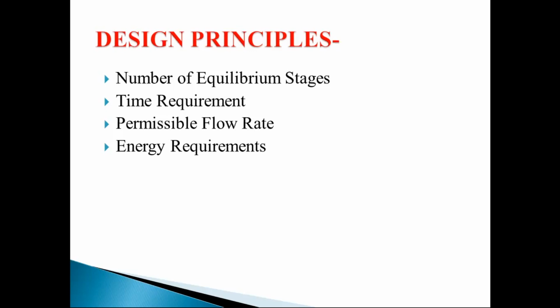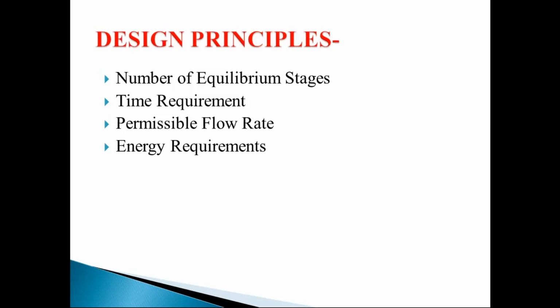What is the meaning of material balance calculation? In material balance calculation, we can find out what amount of quantity is going to react and what quantity of the product is going to be produced. It means what are the compositions of components in the product stream and what are the compositions of material in the reactant stream. Okay, all this we are going to see in the equilibrium stages.